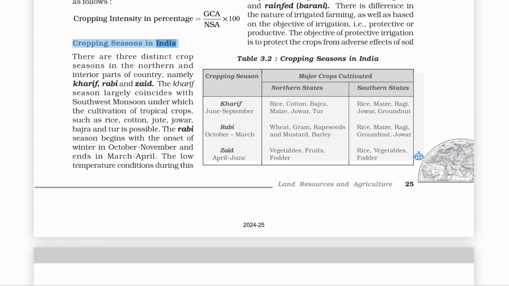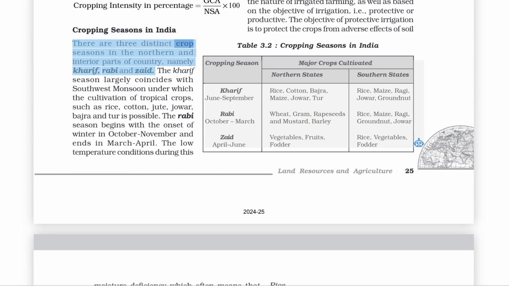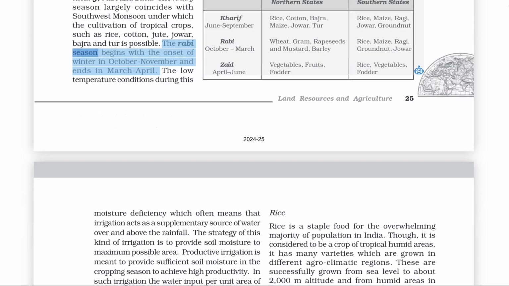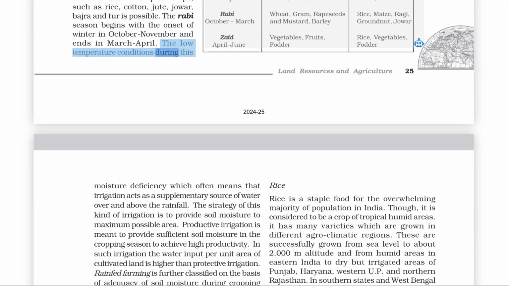Cropping seasons in India. There are 3 distinct crop seasons in the northern and interior parts of the country, namely Kharif, Rabi, and Zaid. The Kharif season largely coincides with the southwest monsoon, under which the cultivation of tropical crops, such as rice, cotton, jute, jowar, bajra, and tur is possible. The Rabi season begins with the onset of winter in October-November and ends in March-April. The low temperature conditions during this